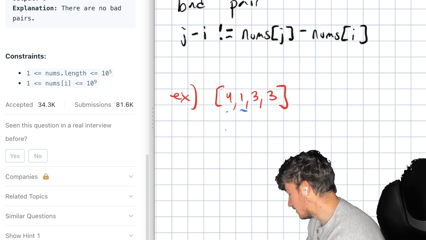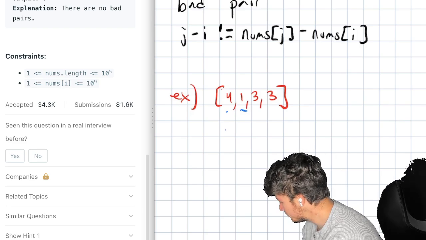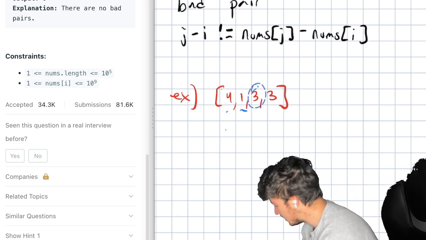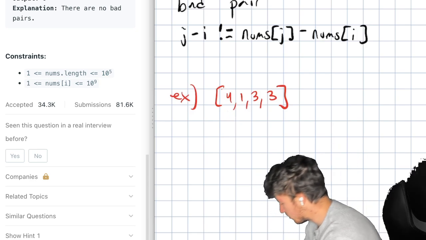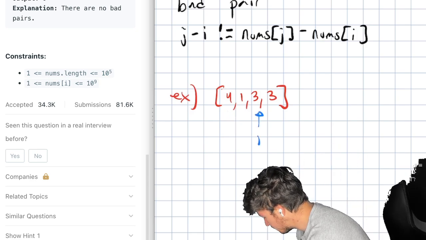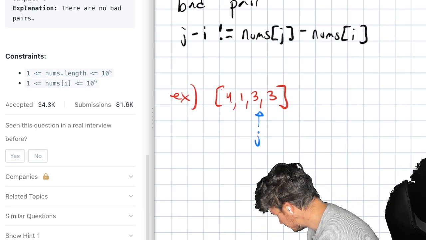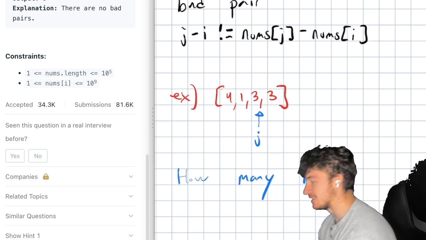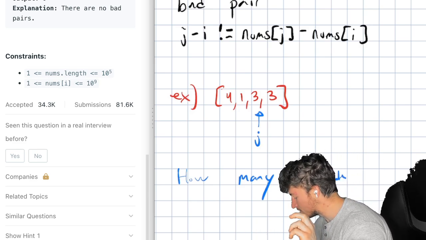Because what I want is, ideally what I would do linearly here, right, is I'd look at each number and say, who doesn't match with 3, right? So ideally, if I wanted to do this linearly, there would need to be a way to say, okay, let's say this 3 was my j, right? So I'd only look at things before me because i has to be less than j. I want to say how many i's. Now, when I say i's, I'm saying how many ith items, how many i index items